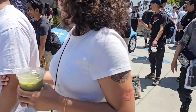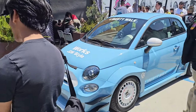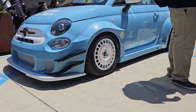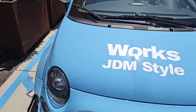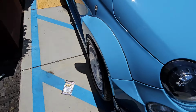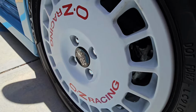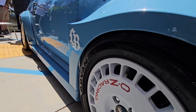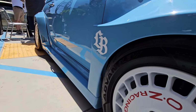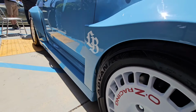First off the bat, all these humans in the way. Oh, it doesn't have the Liberty Walk hood. That's a stock hood. That's kind of sad. What's up, dog? It's got the OZ wheels, massive spacers on there. Oh man, hold on, let's look inside. Dude, this thing's got some massive double stack spacers in there just to make these wheels fit. They did cut the fenders up a little bit and they left it kind of jaggedy. You can see it's silver right there. It's kind of sad, but